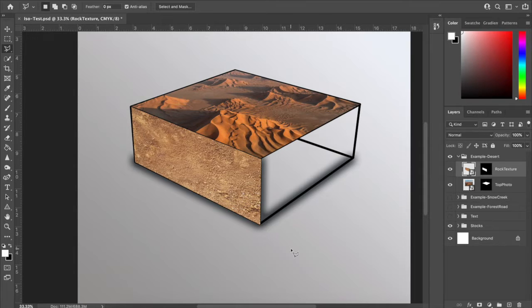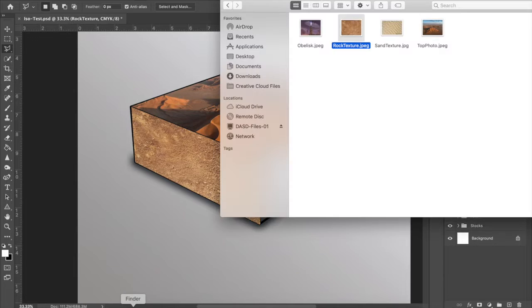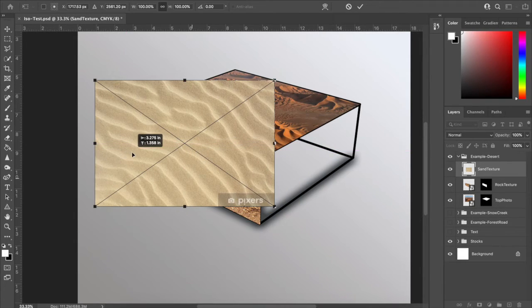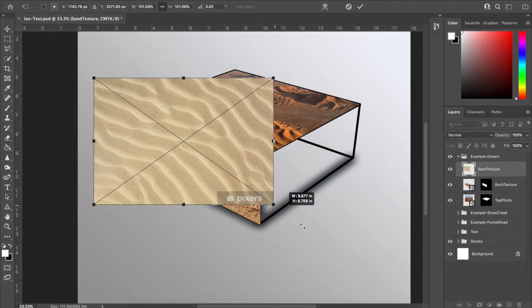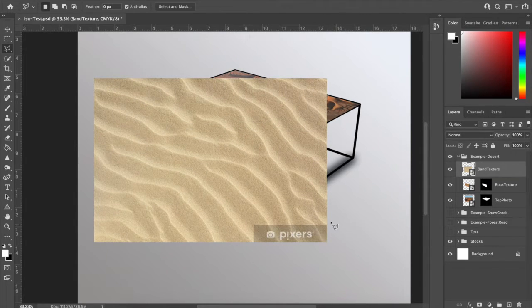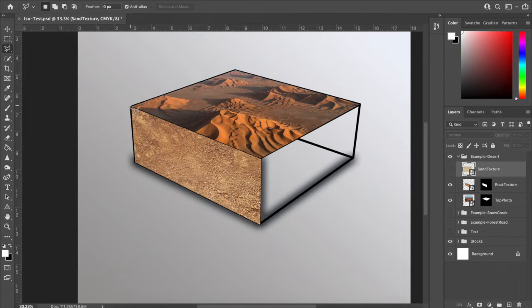We need to rinse and repeat this for any other textures that you want to add. So I'm going to go back to my folder, and I'm going to take my sand texture, and I'm going to drag it in. I'm going to line the sand texture up, scale it a little bit. I definitely want to get that watermark out, and then hit enter. Going to go over here, eyeball out the layer, take the lasso tool, boom, boom,